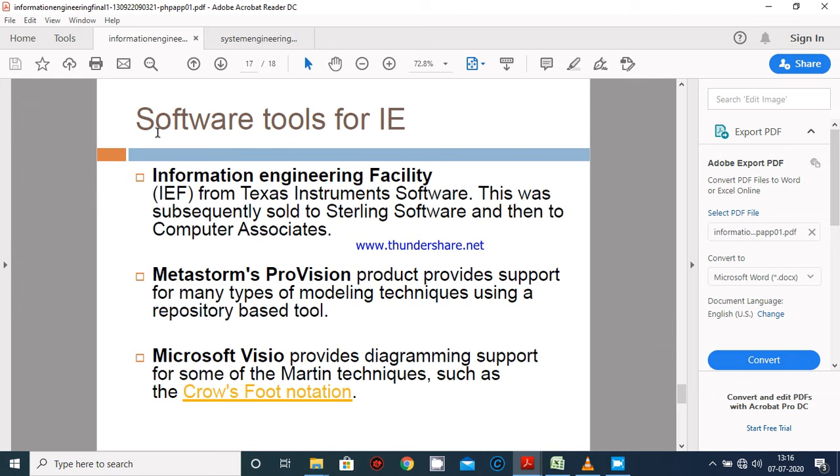So basically information engineering is related to product engineering. So we should know what a product is and what product engineering is. Basically, system modeling plays an important role in an information engineering project, because this comes under system engineering,